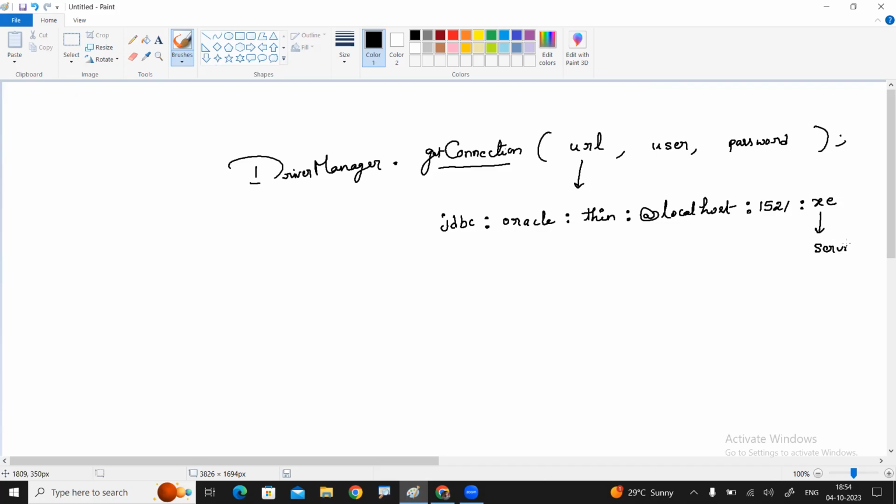This is the service name of Oracle we are using, this is the port number where Oracle is running, and this is the system in which you hosted the application. This is the driver name, this is the database, and this is our application, the JDBC API.